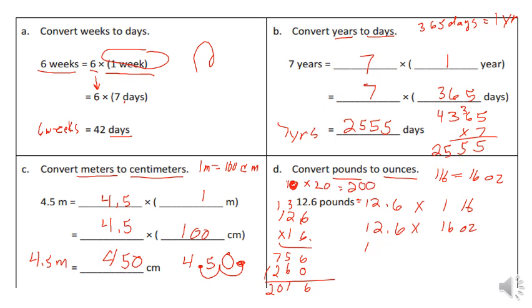So 10 times 20 would have been 200. Using my reasonableness, I know I have to put the decimal right here in order to have a reasonable answer. So it'll be 201.6